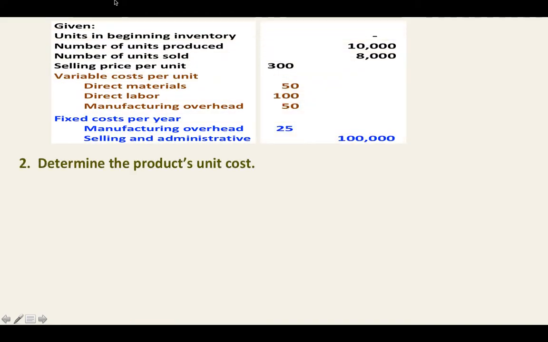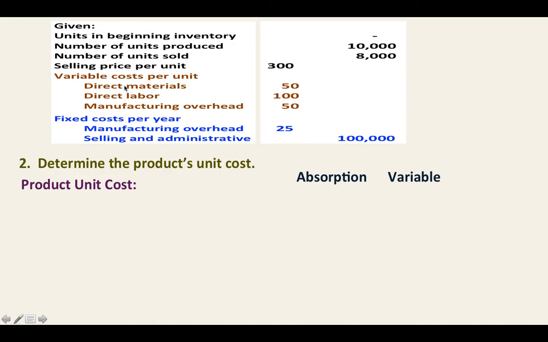Okay. So the next requirement is determine the product's unit cost. Product's unit cost on both absorption and variable costing. Okay. So the product unit cost, let's have two columns, absorption and variable costing. Okay. So product unit cost,